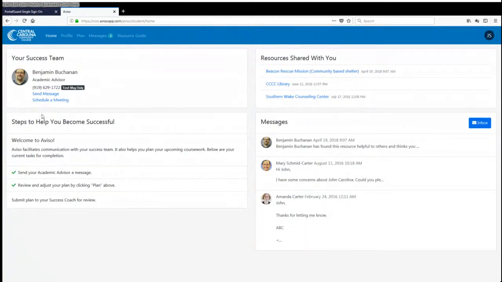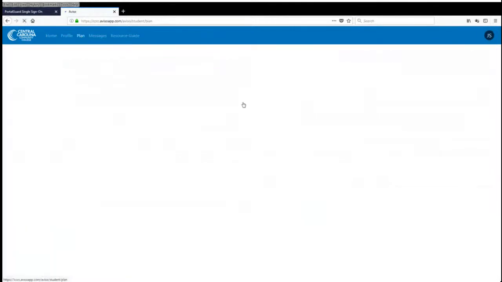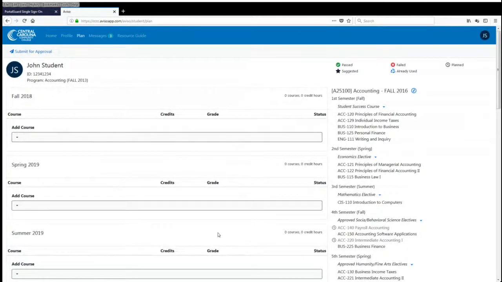From here, we're going to click on the plan link in the upper blue bar. By doing so, that will take us into the academic planning screen that Aviso utilizes. Now, our sample student, John Carolina, is in the accounting program. And here on the right-hand side of the screen, we can see that the accounting program has been applied to